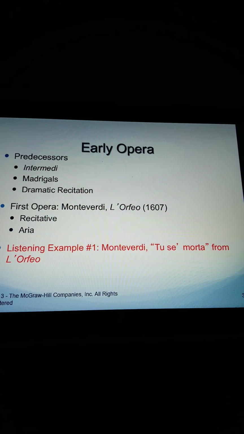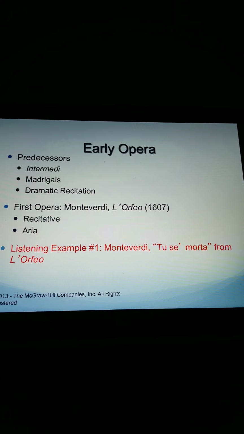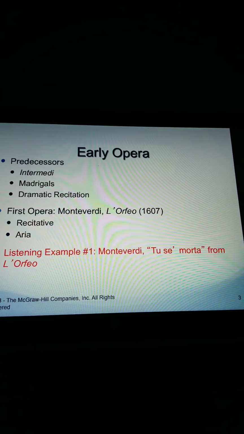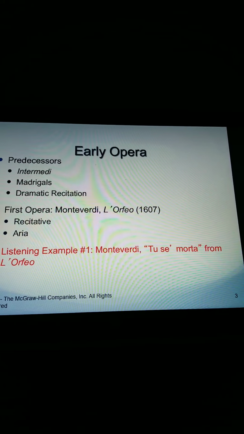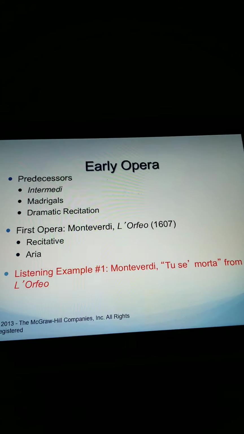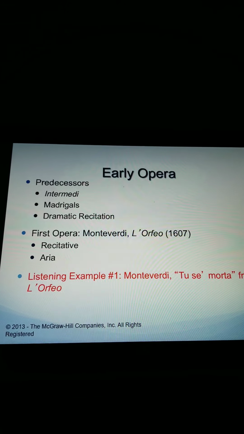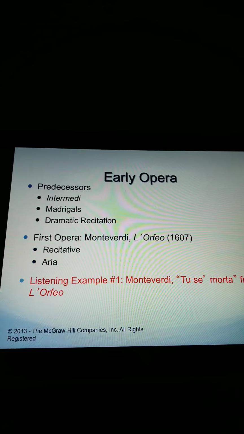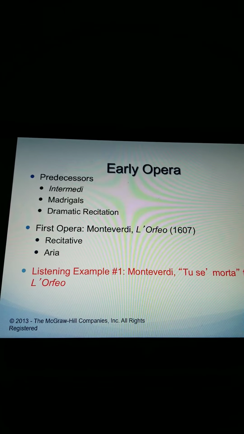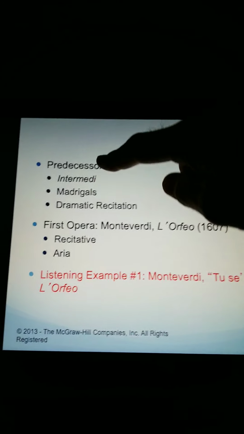Now, the second practice was really important because it was used in early opera. What is opera? Opera is basically a stage play where everything is set to music. Even the dialogue of the characters is set to music. But there were predecessors to early opera. A predecessor is someone or something that comes before. For example, President Trump's predecessor was President Obama. President Obama's predecessor was President George W. Bush, and so on.